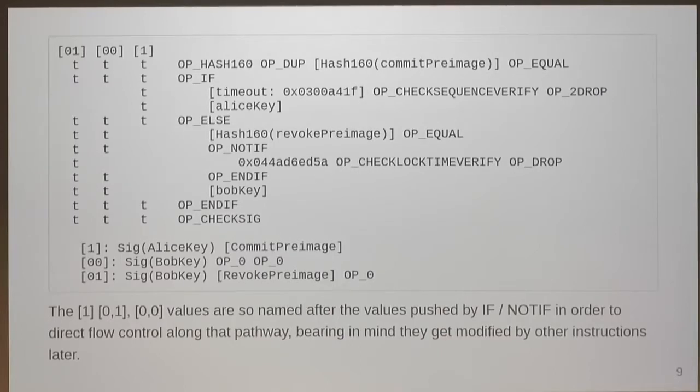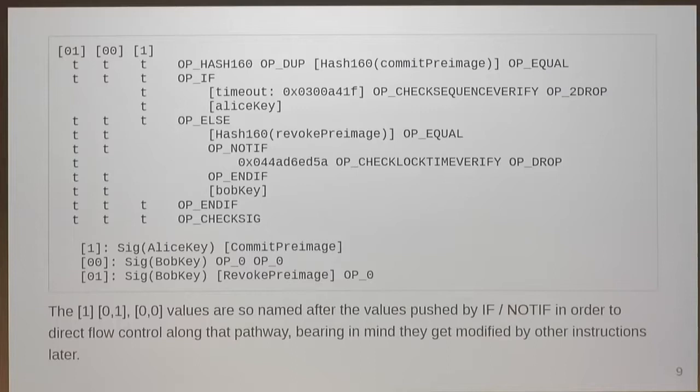And below we can see that different things are required in terms of the inputs in order to cause the flow control to go in the right direction through the script, and what signatures would be required to satisfy what was necessary. And just to point out something, the values just above each of the paths there, the 0s and 1s,